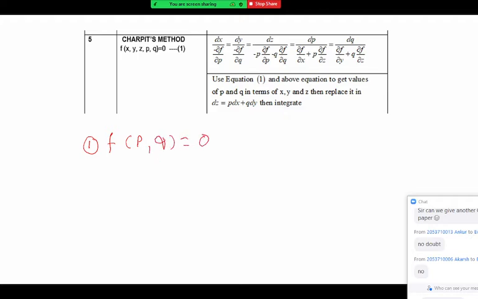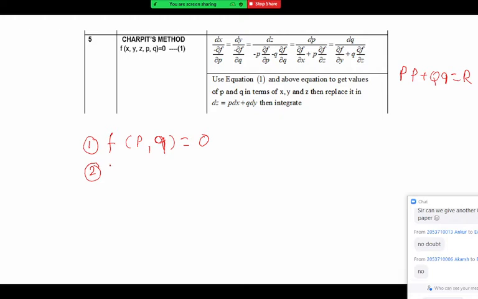Okay, Lagrange's is linear. I'm not asking about Lagrange's, which is of the form Pp plus Qq equal to R. That's a linear partial differential equation because the power of p and q is only one there. But here the powers of p and q can be different, and because of that we say it is a non-linear first order PDE. So only p and q present, that is the first form.